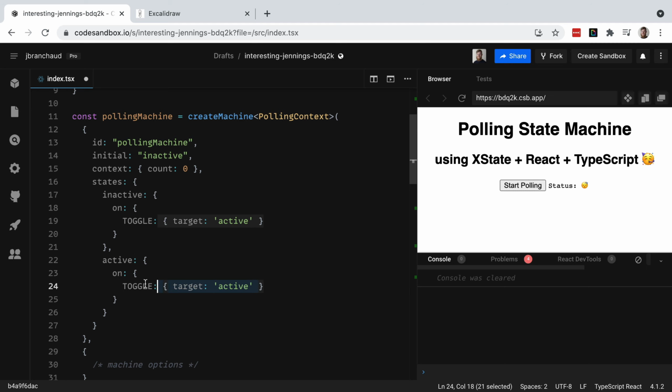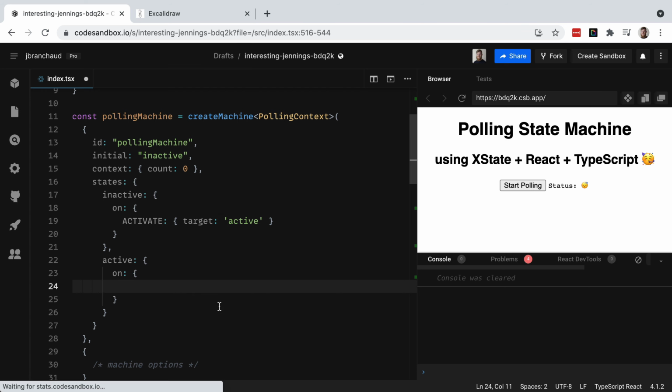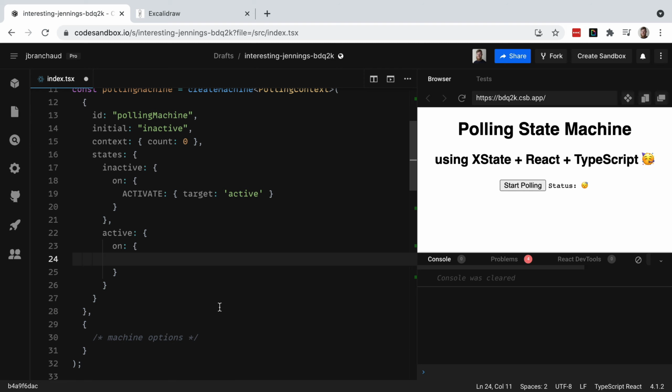Well, if I don't know if we're going to use it, then let's not. Let's call this something else then. Like activate. And then let's not have a toggle action here,